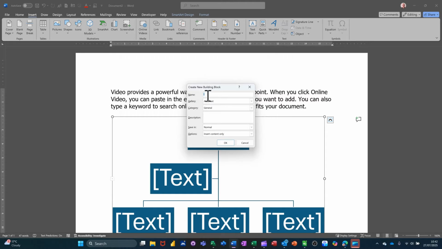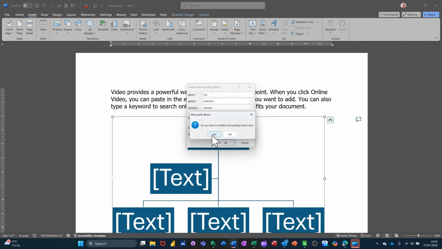and this time you have this little asterisk symbol. I'm just going to call this org. That's less than 4 characters, but even if I did more than 4 characters, because it's a diagram or an image, an object should I say, you will have to use the F3 function key to get it. So I'm going to leave it in general. I'm clicking OK to that, and